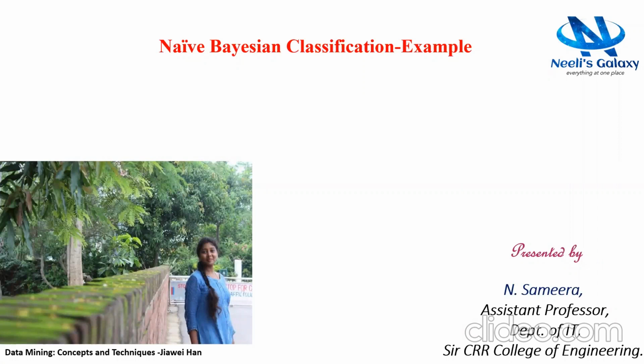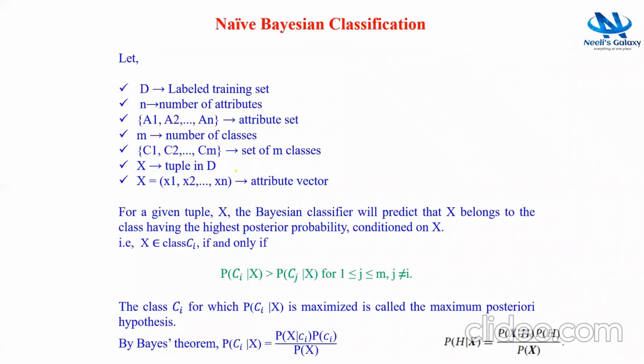And today I'm going to explain the Naive Bayes classifier with a good example. So the Naive Bayes classifier assigns a class label to the tuple which has the highest posterior probability, like this. From Bayes' theorem we can get the posterior probability of the class like this. If you observe this formula, the denominator P(x) is a constant, so it can be removed during comparison. So for assigning the class label for an unknown tuple, we need to find out the posterior probability of